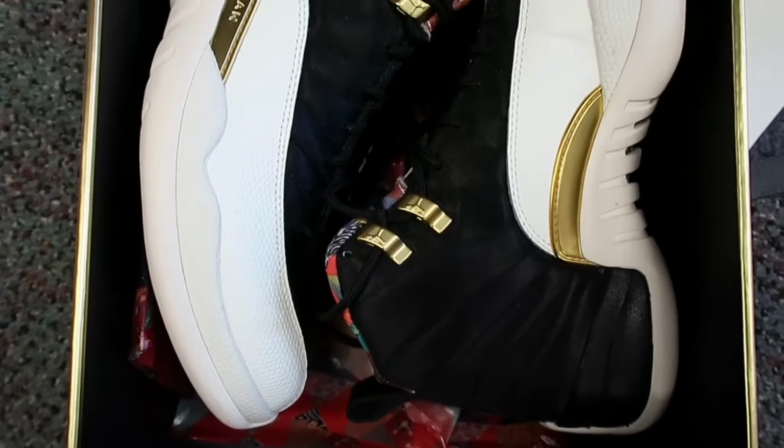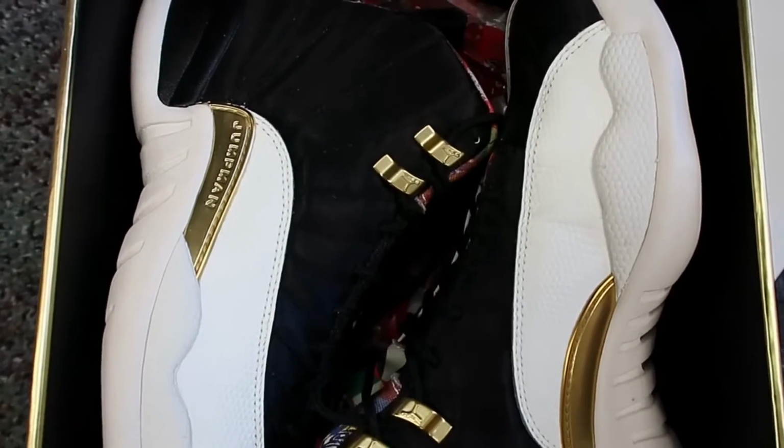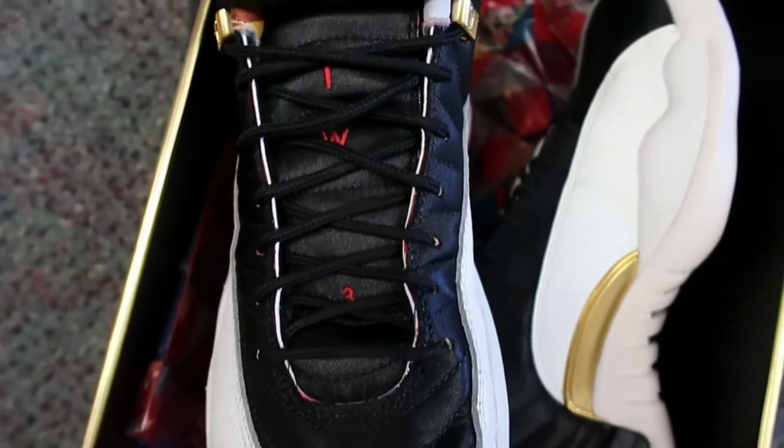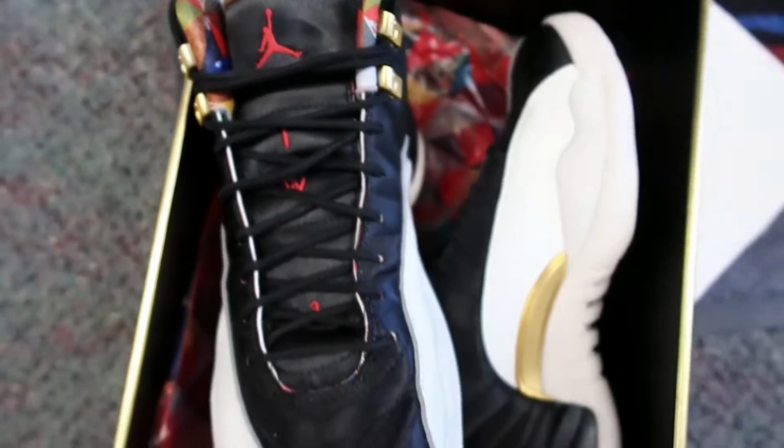Next up on What's Shipping, we have a GOAT order. These I'm pretty excited about. They sold for about $250. I had them sitting on eBay for a while for $250, so definitely happy about the outcome. These are heading to GOAT, and that's what's next